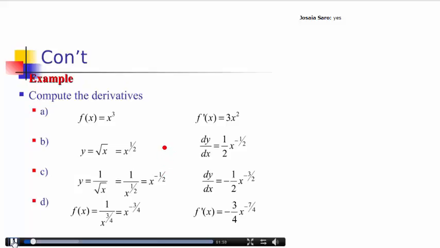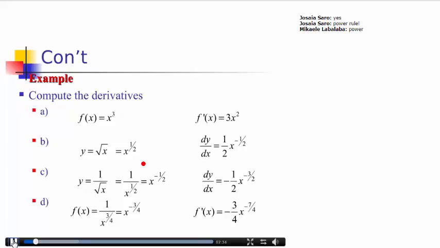These are some of the examples that we need to consider when computing the derivatives. So we have f(x) is equal to x cubed. Now here, which rule will we apply? We just looked at two rules till now. One is constant rule, the other one is power rule. So which rule will we apply? Power rule. So easy, right? So we're going to bring the 3 in front, then we do 3 minus 1, that will give us 3x